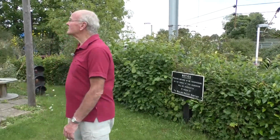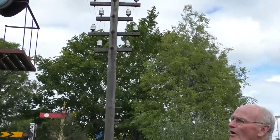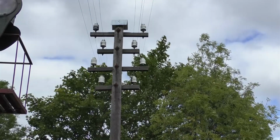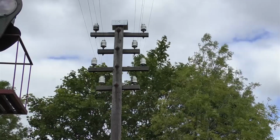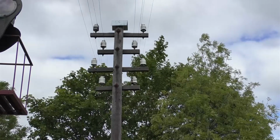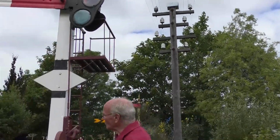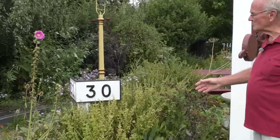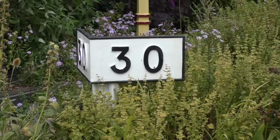Up above me, clearly here, is a run of telegraph wires. The railway had telegraph poles running the full length. Again, the Midland Railway had its own style, and this is a typical Midland Railway telegraph pole run, where each of the cross members are a different length as they go down. Also over here we have a 30-mile post. This is also Midland Railway. This came from the Nicky line, which is the line between Harpenden